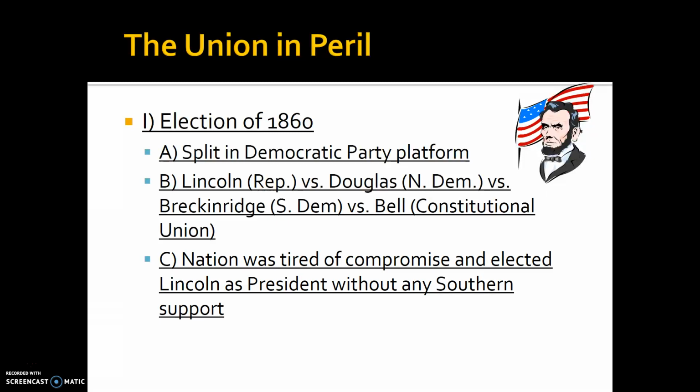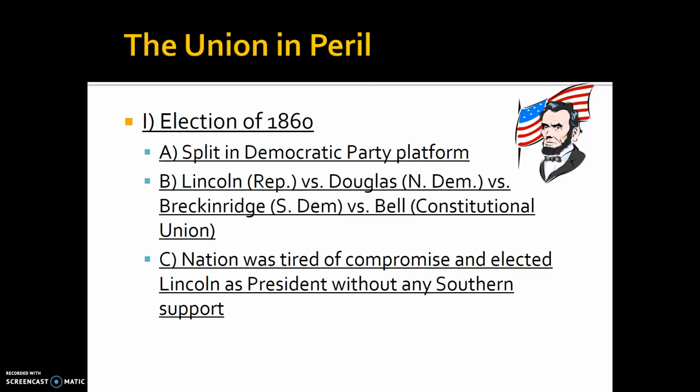So, what we start with is a split in the Democratic Party platform. Because of that, Lincoln, the Republican, versus Douglas, the Northern Democrat, versus Breckinridge, the Southern Democrat, and then a guy named Bell, who's a Constitutional Unionist, whose major idea or platform is the Union now, the Union forever. That's really about it. So, the nation actually ends up becoming tired of compromise and elects Lincoln as president without